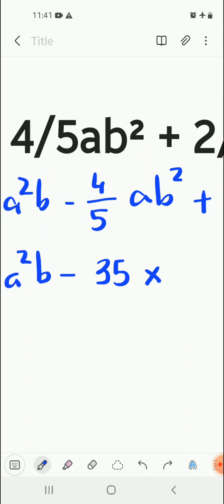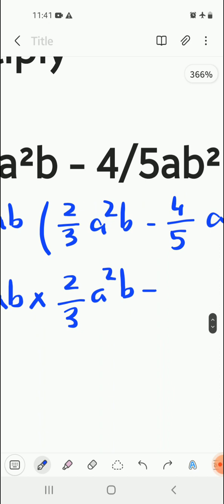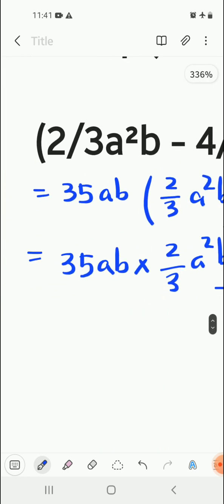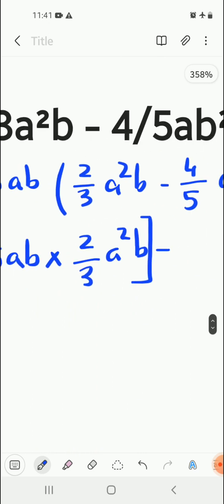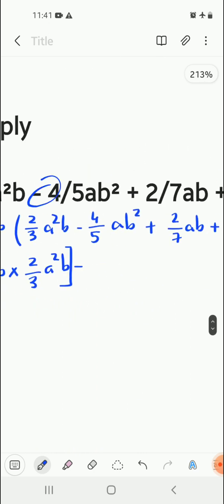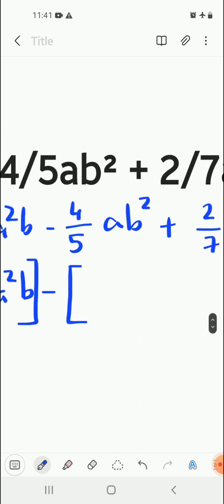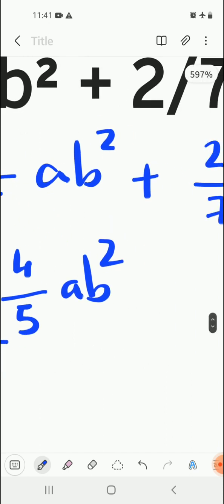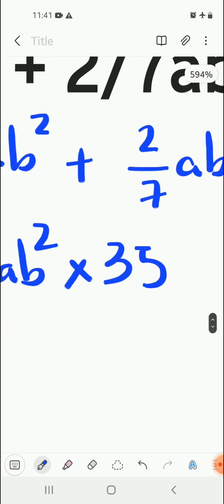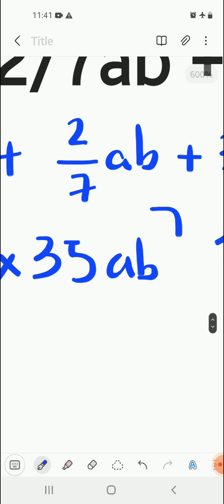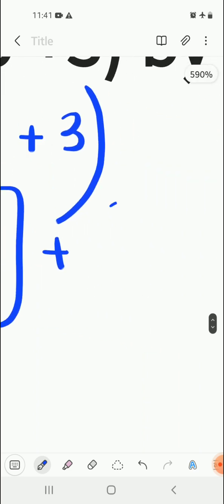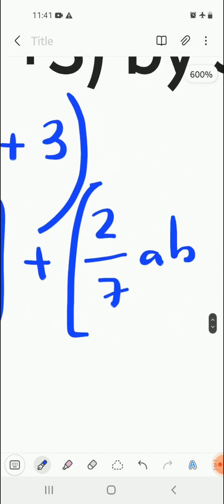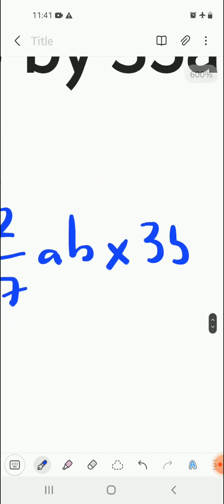So what you can do is write these within brackets. After this, we have a minus sign here, so the minus sign remains, and the rest again within brackets. 4 by 5 ab square into 35ab. This is done. Again plus sign, 2 by 7 ab multiplied by 35ab,